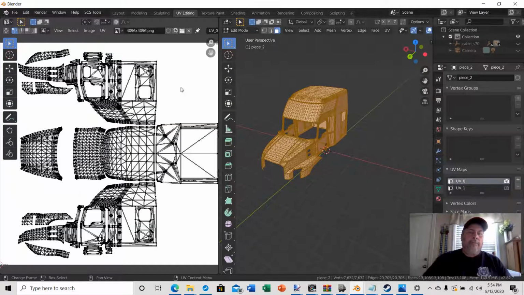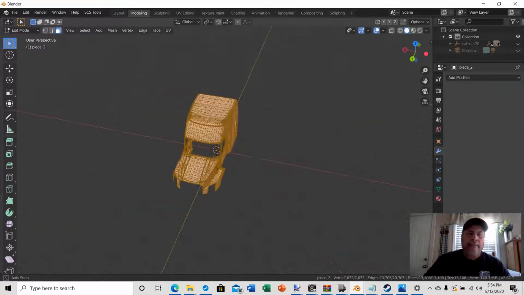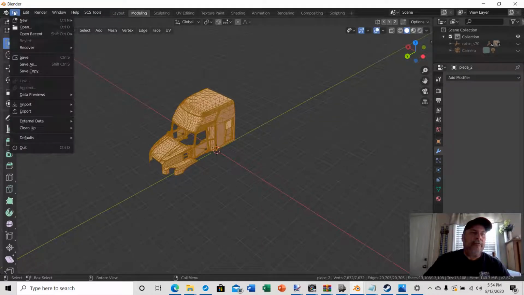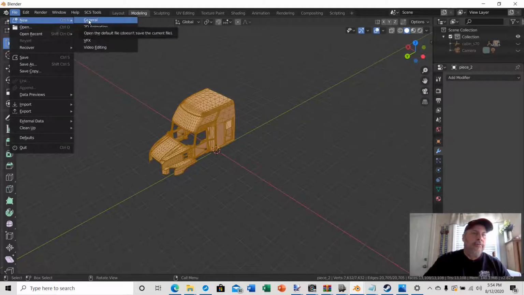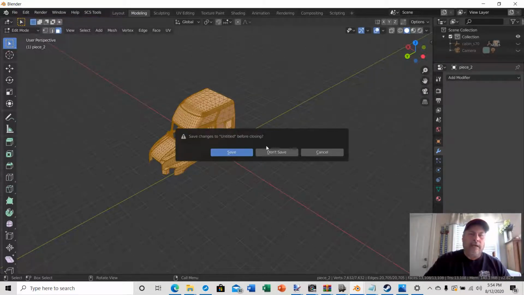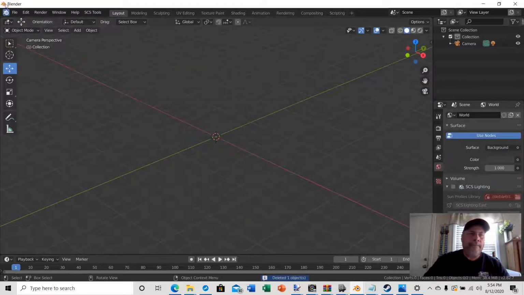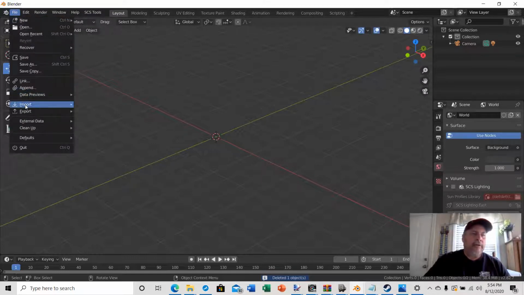Now, if you want, we'll do another one real quick. Let's do one of, we'll go back to modeling. Okay, and we'll delete this truck. So the only thing you really have to do to delete is just go File, New, General, and then it'll ask you if you want to save. Just select Don't Save, and then you'll come back with your cube again. Delete your cube, go File, Import,